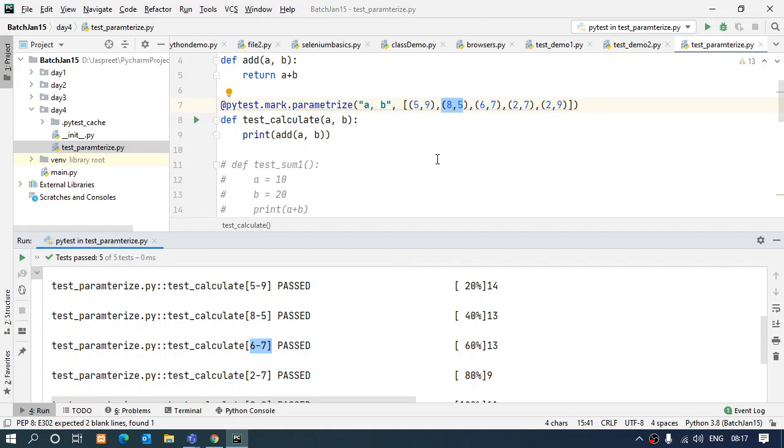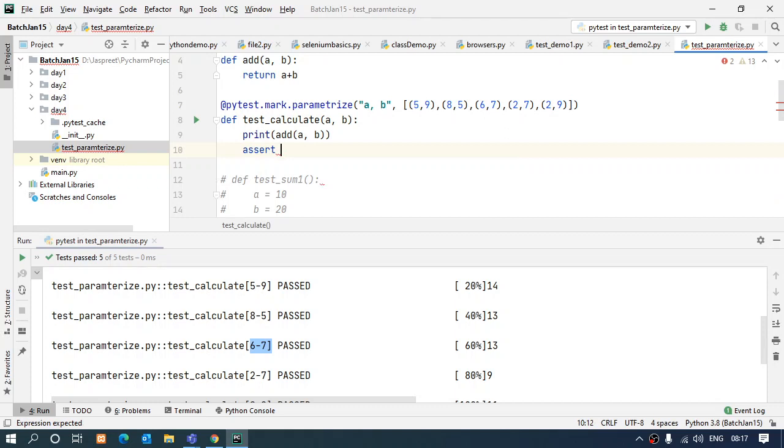But what if a wrong value has been passed and I want to compare it? If 8 plus 5 is 13, I know. But suppose I am giving some condition on which I want to compare it, that 8 plus 5 equals 15. Negative test cases come as well. Right. Then what are we going to do? Then how is it going to result? How is our parameterizing test case going to work out? So for that we have a keyword, the assert keyword.